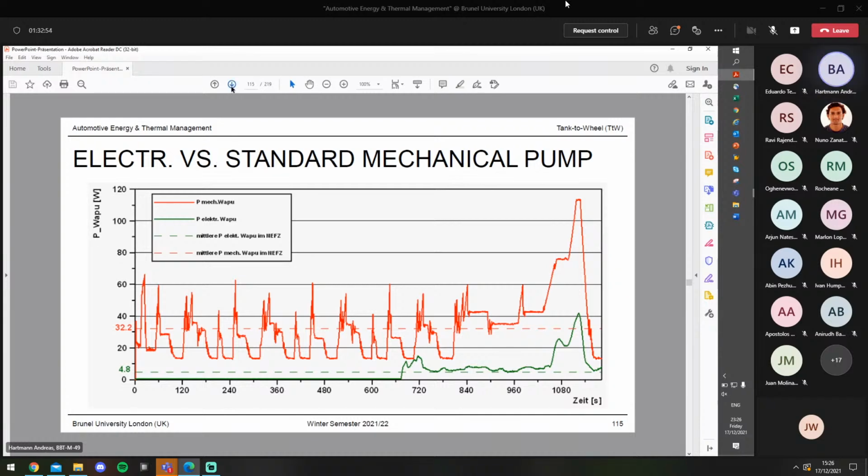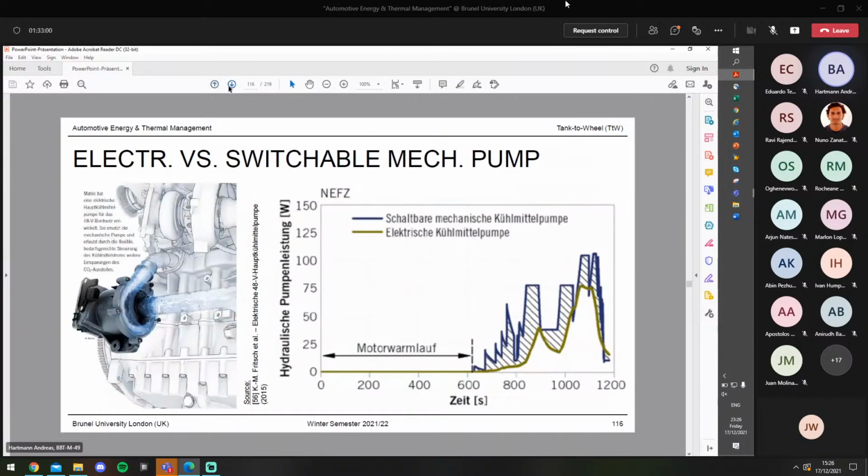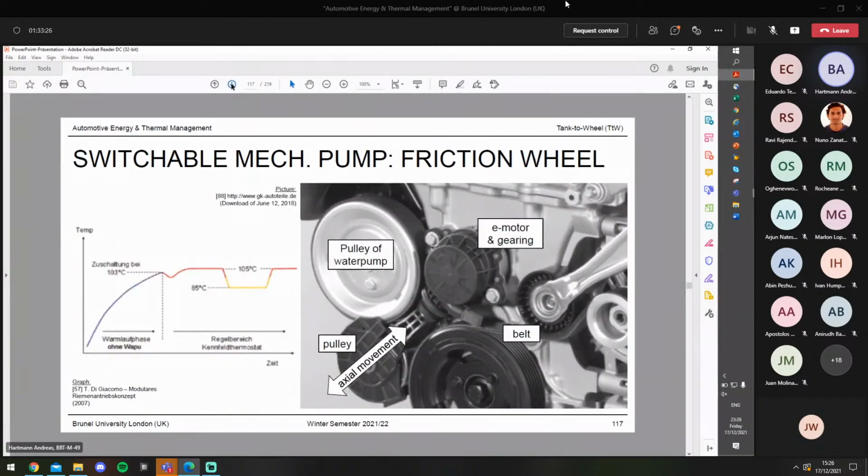So this is the advantage of the electrical coolant pump. But this one can also be achieved to some extent by having a switchable mechanical coolant pump. So you can see, as long as the engine still needs to warm up, the switchable mechanical coolant pump is also shut down completely, and only if you need it, it is switched on. And how to achieve such an advantage is shown on the next slide, by a switchable mechanical pump using a friction